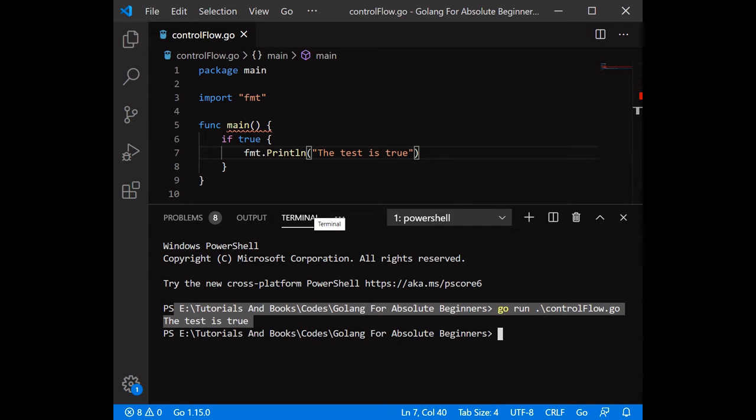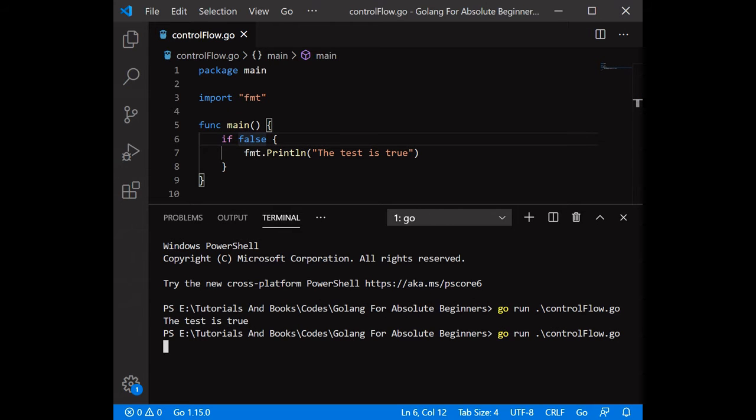So this is the very basic control flow, which is the if statement. If something is true, continue the execution inside of that block. The block is this one, and if something is true, run that execution. If it is false, this block will never be run by the Golang compiler.